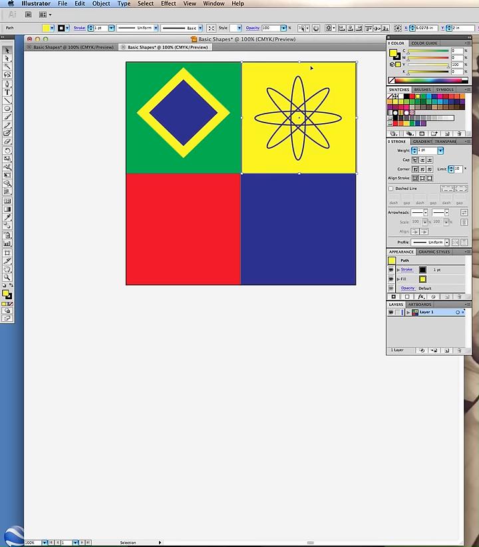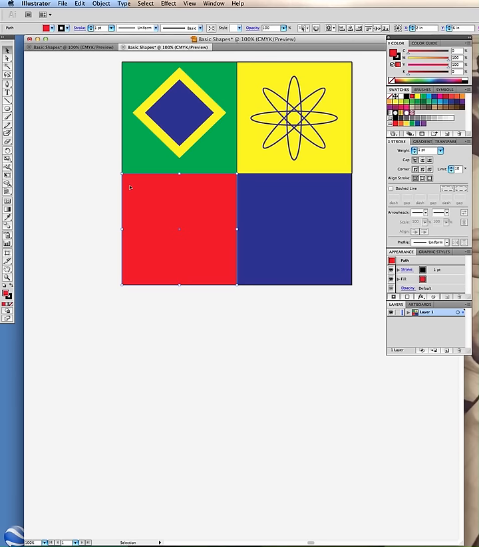Since the yellow square was created before the ellipse object, it will be behind there. It goes in order of what you've selected. All right, that's it for step 4. I'm going to go ahead and create a star and a triangle using the reflect tool. That's step 5. This one, we go to our star